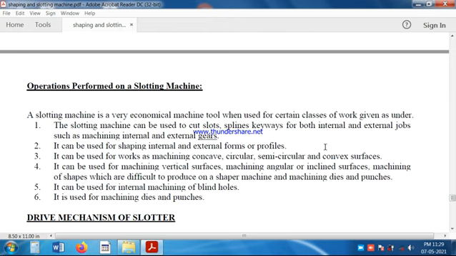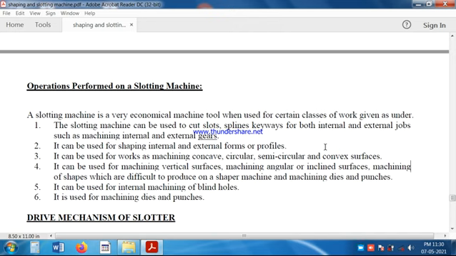Especially, the slotting machine is used in gear manufacturing industries. The main purpose is to make keyways, spline keyways, and slots. For such operations, the slotting machine is very useful.